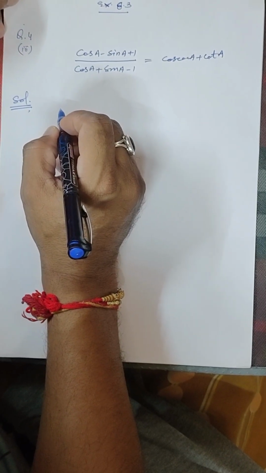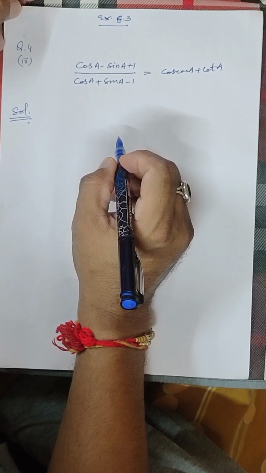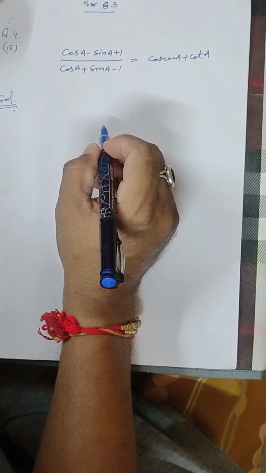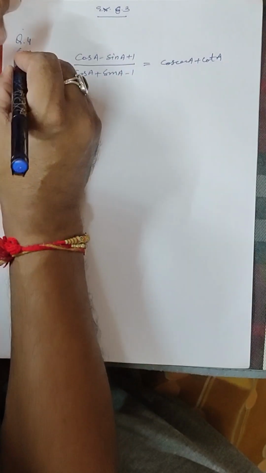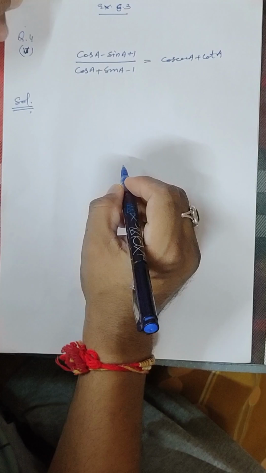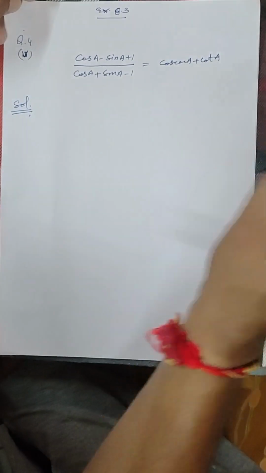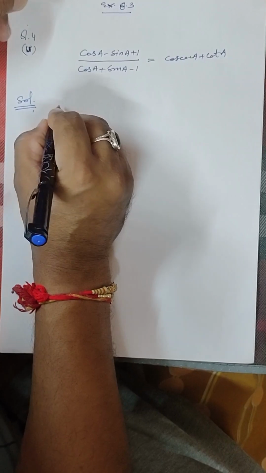Going to take a very important and a little bit tricky question of exercise 8.3 trigonometry. Question number 4, part number 5. This is a very important question from the examination point of view. So what you have to do, you have to take LHS,